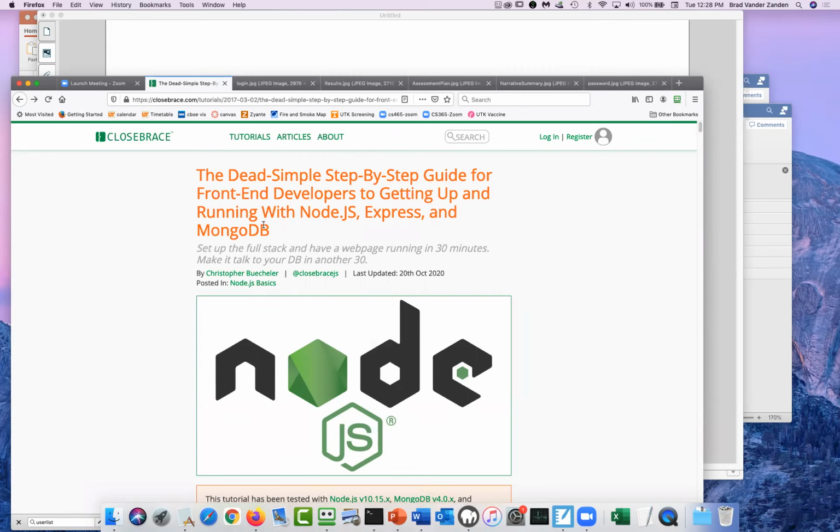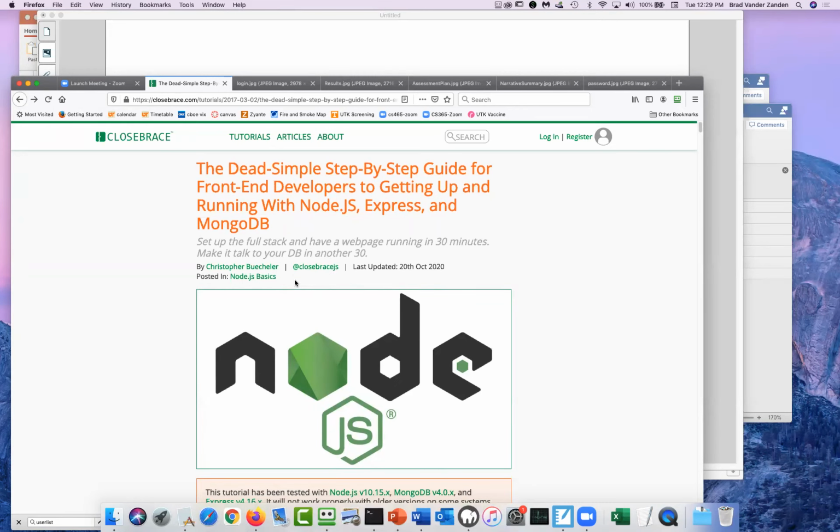You got to download some things like a MongoDB package. You need to download node.js, but it seems to work pretty seamlessly, except on Linux. Linux boxes seem to have a lot of trouble with node.js. So if you try to do it on a Linux box, I can't give you a lot of help on that. If you do it on a Windows or Mac box on your time and run into some trouble, I'm happy to help you with it.